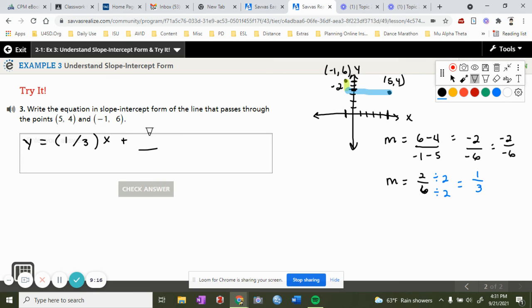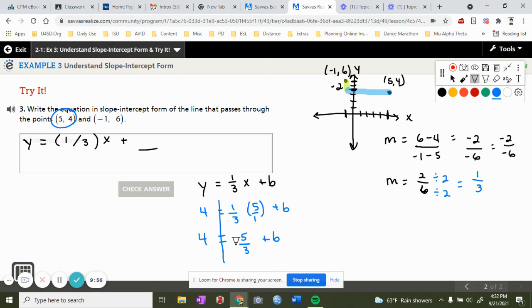Now I need to find my y-intercept. So what are we going to add on to the end here? So remember, we can take either of our ordered pairs, and y equals 1/3 x plus b. And I'm going to pick the one that has positive numbers because, again, keep it positive. So 1/3 times 5 plus b, and then solve your equation for b. Remember, we multiply across the top and across the bottom. So we get 5/3. 4 equals 5/3